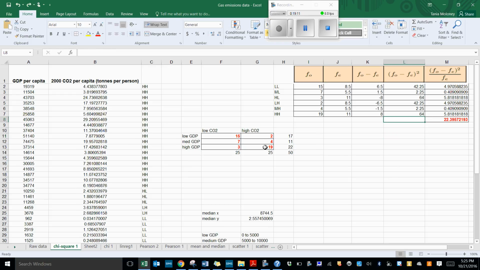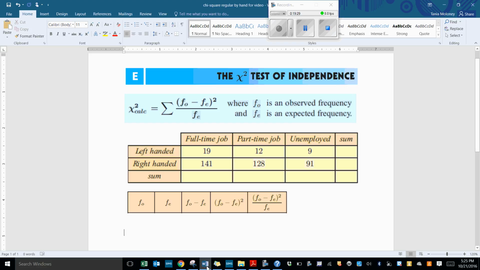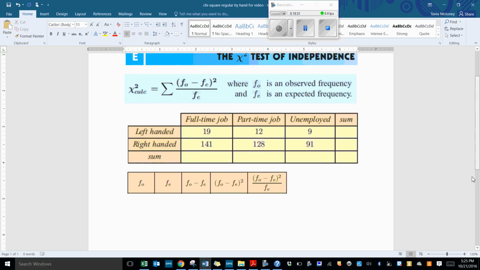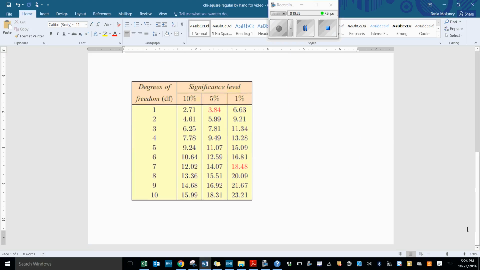Okay, let's just type it in, chi-squared value. So the chi-squared value is 22 point something, and we've now got to decide, does that tell us whether our GDP and CO2 are dependent or independent? So we've got to compare it to a thing called the critical values. You might remember in your test you're always given the critical value, but here you have to